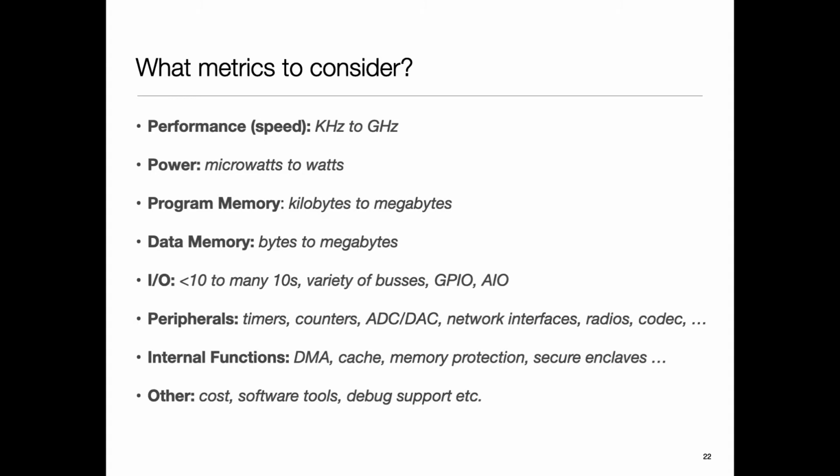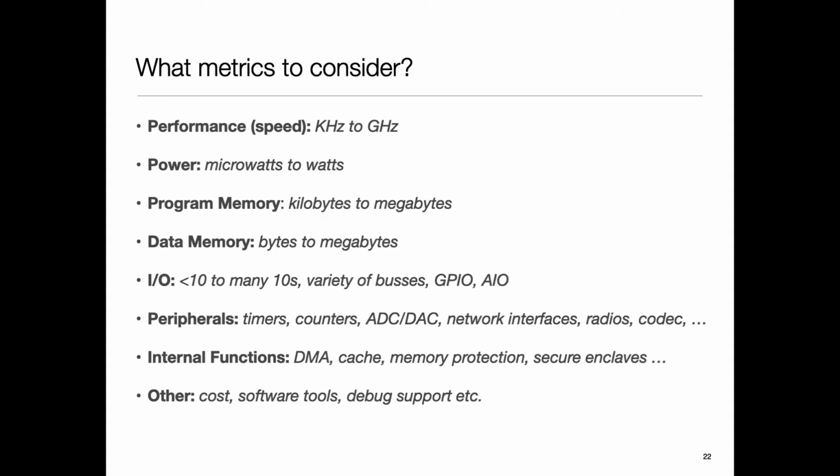If you are into Raspberry Pi class stuff, you may have an external DRAM, but if your memory is on chip, you'll be at megabytes. Data memory, this is where your stack and dynamic data structures go, and these are even tinier. In some cases, they're tens of bytes, in other cases, maybe a small number of kilobytes, and you're trying to run an operating system and neural networks nowadays. So pretty challenging. I/O, this is where they excel.